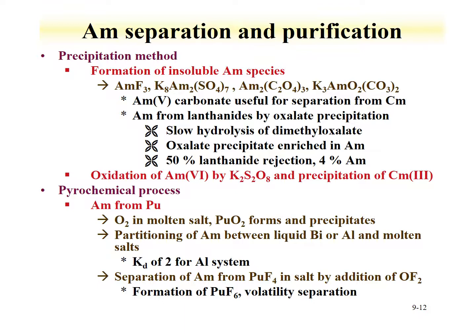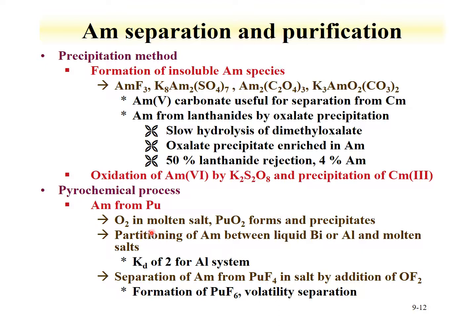Other routes for precipitation include americium 6, and the precipitation of curium-3. So in this route, the hexavalent state is soluble, where curium, as a trivalent, could be precipitated by such species as the fluoride. There's also pyrochemical processes for separating americium, particularly from plutonium, where if in a molten salt system